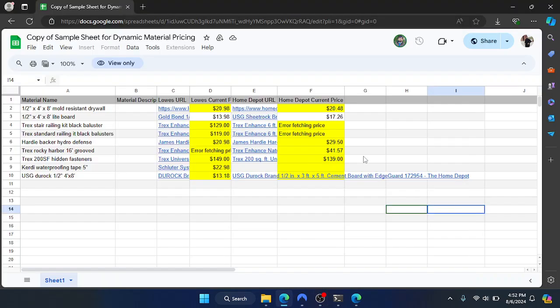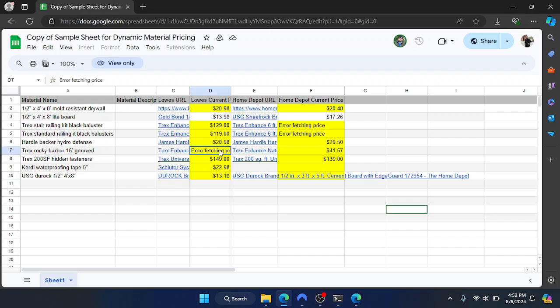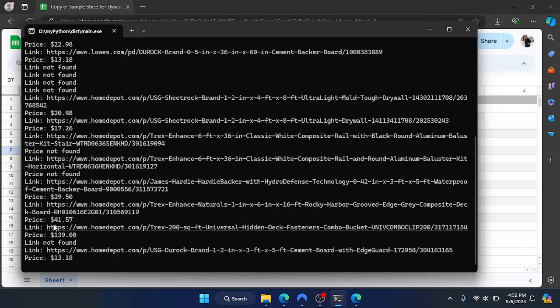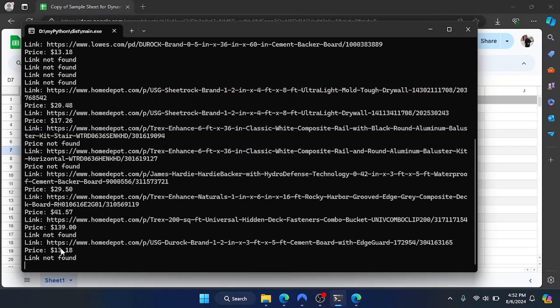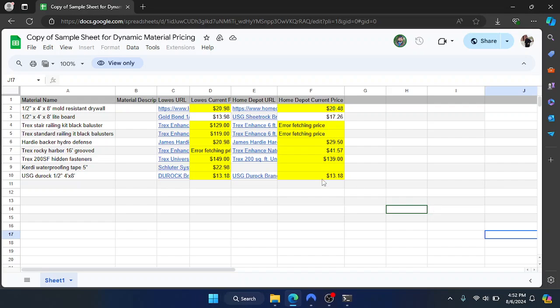So the task is almost complete, and you can see that most of the prices are already here. And for the prices, if a URL is not of a product, or if the product is out of stock, it does not get its price. And for all the other products, it has gone one by one and fetched the price of each of these products, and this way it has completed all the listed products, and the program has now